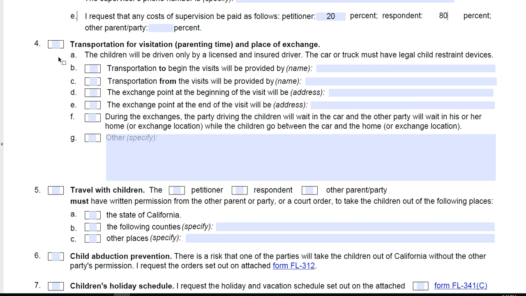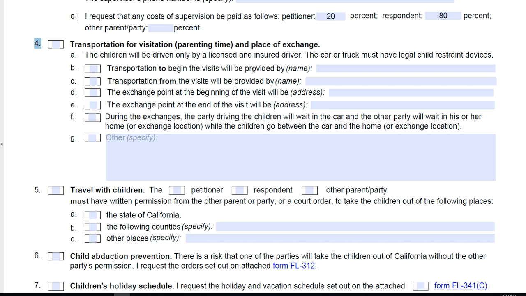Okay. Number 4 is where you will set forth who will be transporting the children from each end of the visit. For example,